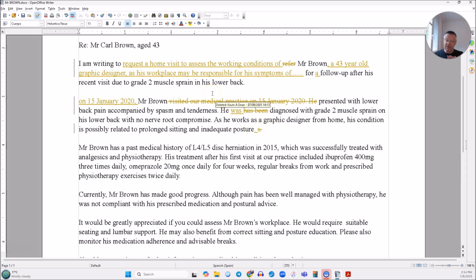So just put the date at the start of a sentence, and you can make it a bit shorter and make it simple past, passive, because we know when the diagnosis occurred. Okay. Mr. Brown was successfully treated. It says that practice ibuprofen twice daily. Although his pain has been well managed for February,